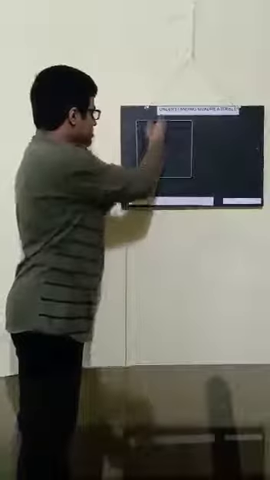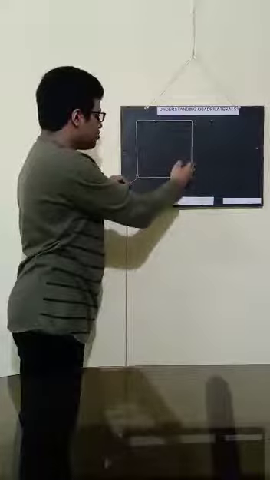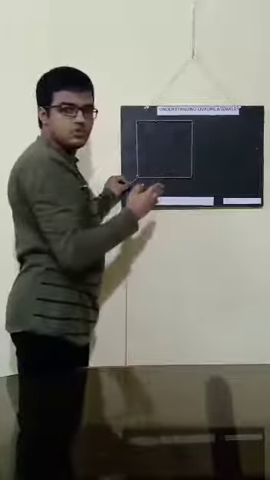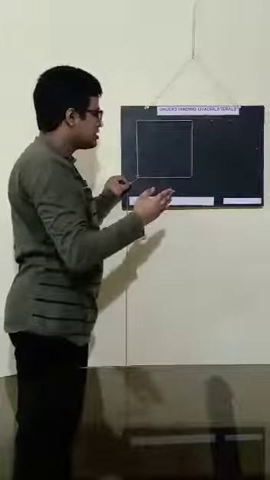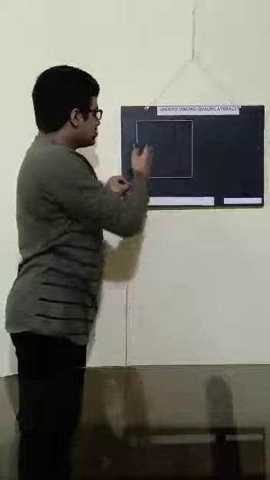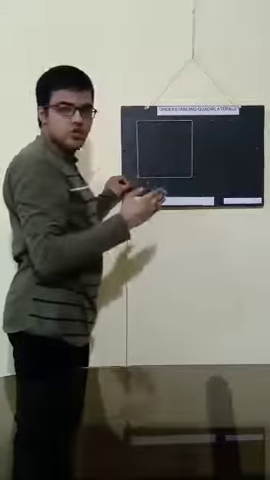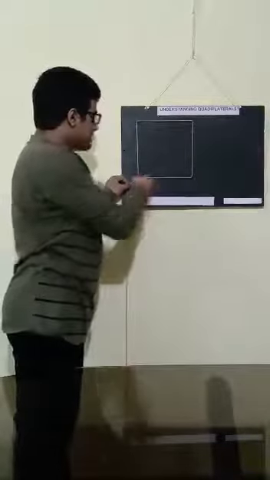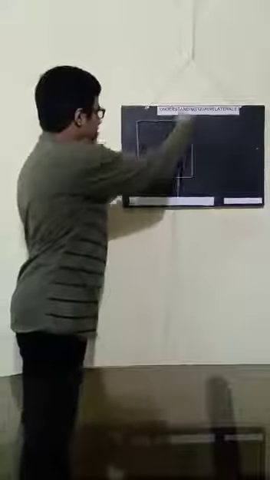In a square, the opposite sides are parallel and equal to one another, the square being a parallelogram. Each side is of equal length, the square being a rhombus. Each angle is a right angle, hence square is a rectangle too. Now let us see the diagonals of a square.